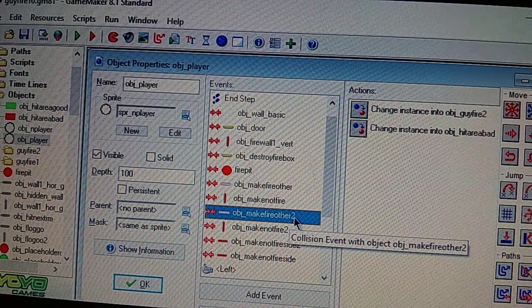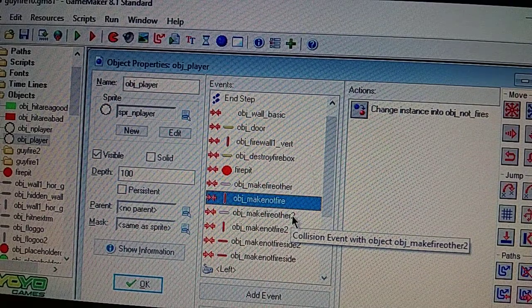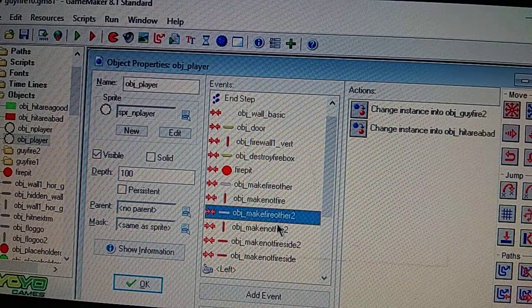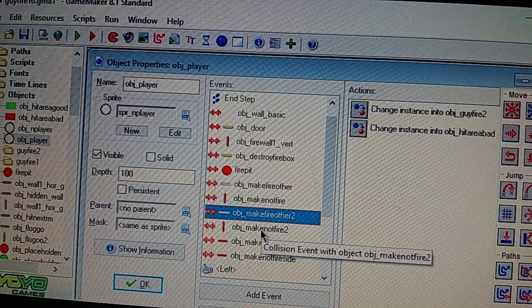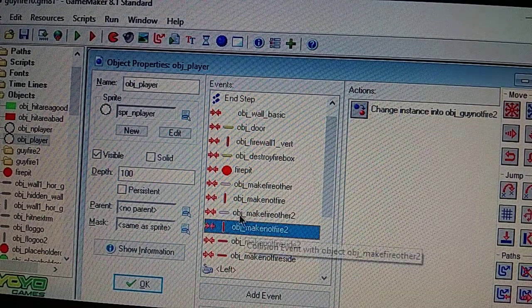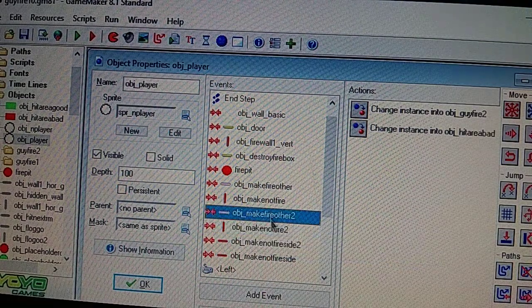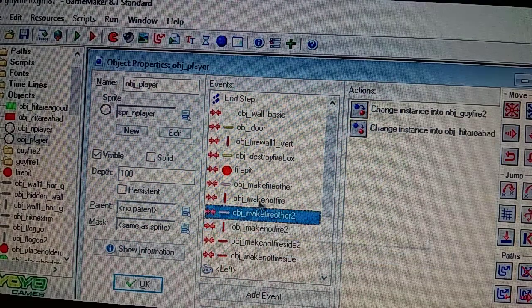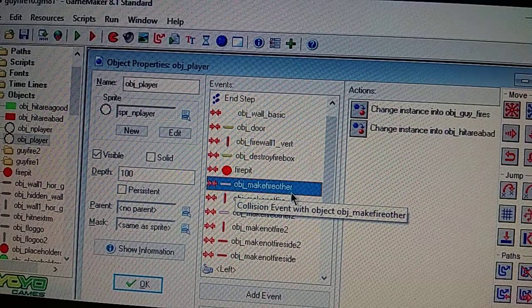Okay, part 2 here. I'm going to continue where I left off with the bad guy shooting at you. Now I do the same thing for the pink line for the second bad guy. And like I said, for each bad guy, you have to make more of these shooting range elements for the pink and red lines, because with this pink line here, when it says object make fire other,